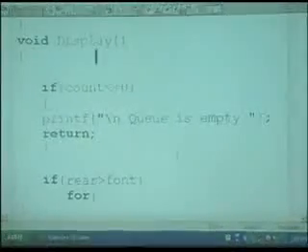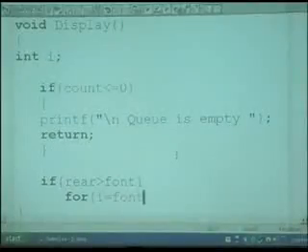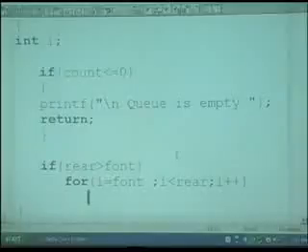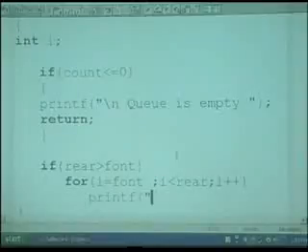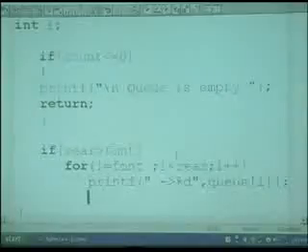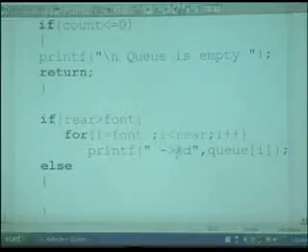I can write one for loop which runs from front to rear, and we can print all elements, %d, QUEUE of I. Otherwise,